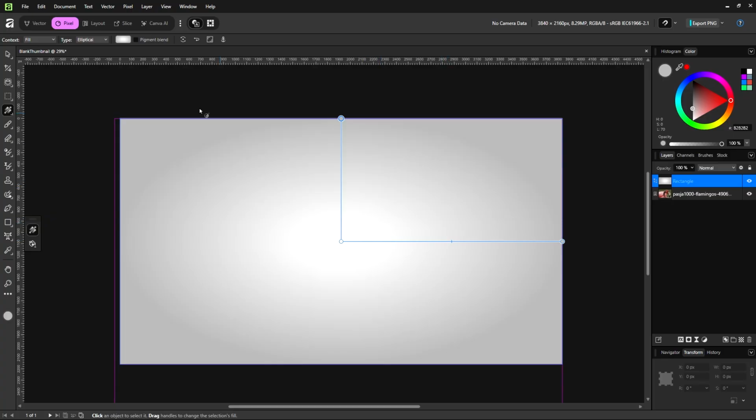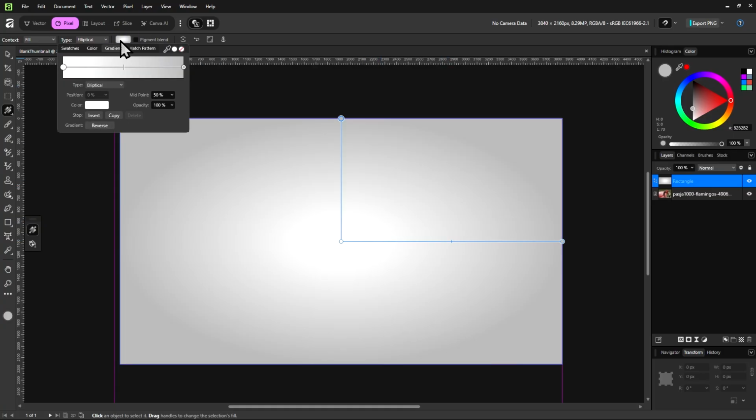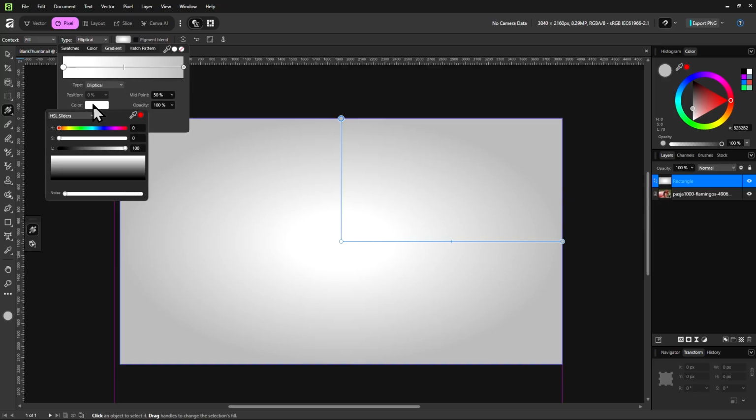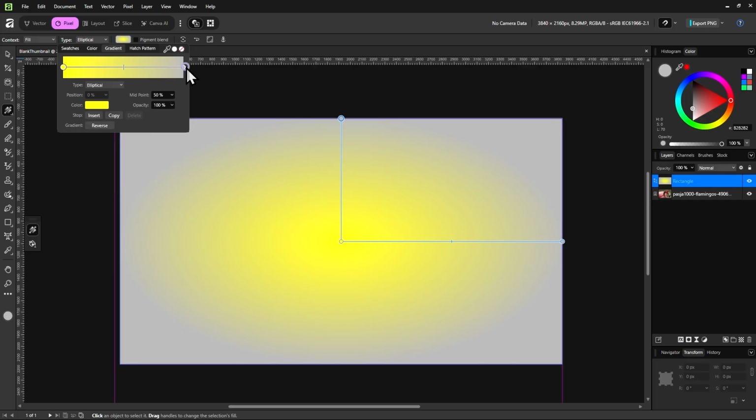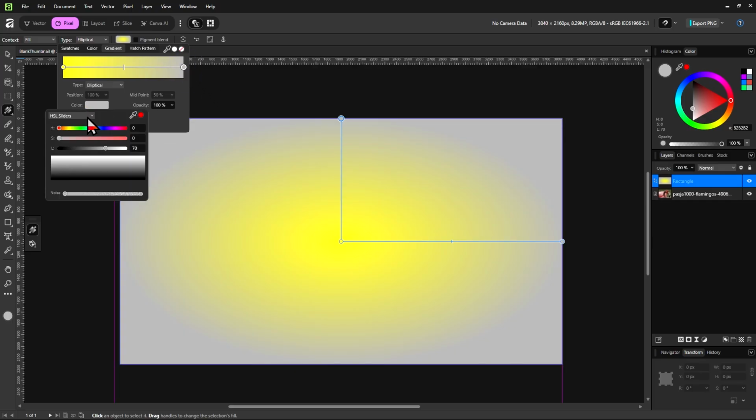And then what I like to do is that I like to make one color and then the other color I will copy the same color but make it a little different. So since this is going to be the thumbnail for a kids video, I like to use a playful color like yellow. And then for the other color, I use the same yellow color, but I will make it just a little bit different.